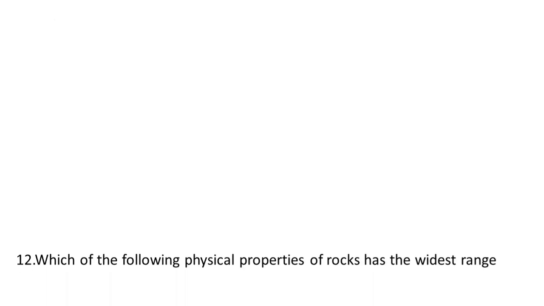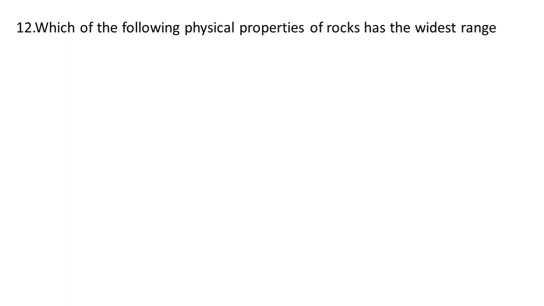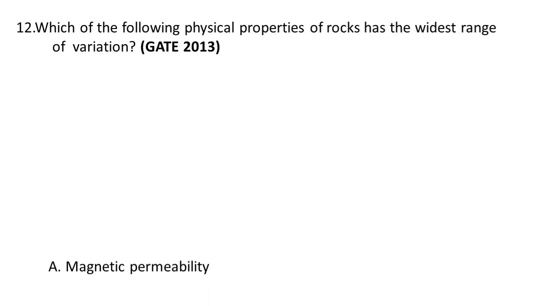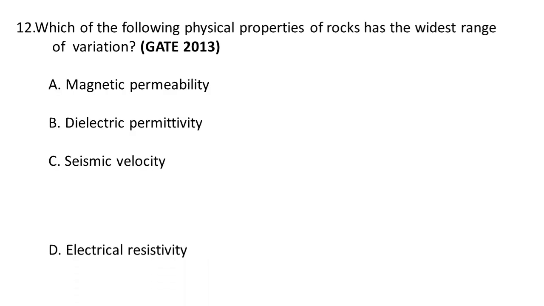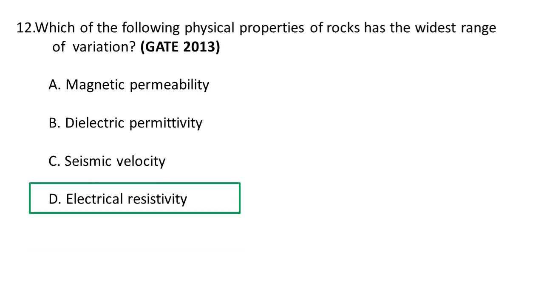Next question. Which of the following physical properties of rocks has the widest range of variation? A. Magnetic permeability. B. Dielectric permeability. C. Seismic velocity. D. Electrical resistivity. So, the correct option, the physical property of rock which has the widest range of variation, is the electrical